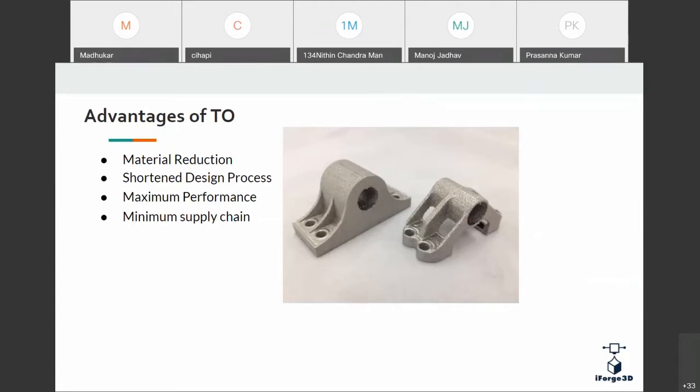And next, coming to the minimum supply chain. When you want to prepare a product, you have to follow a lot of shop floor practices. We can reduce all those things using this additive manufacturing technology.